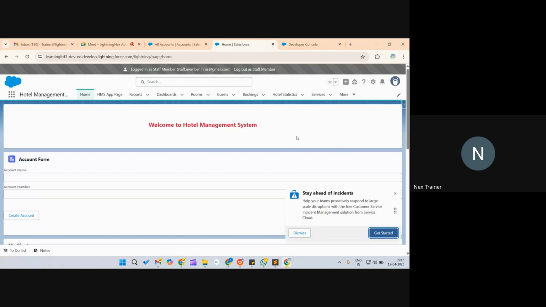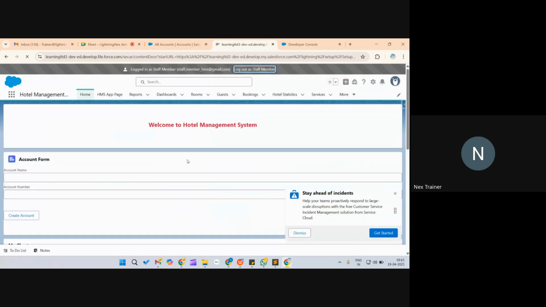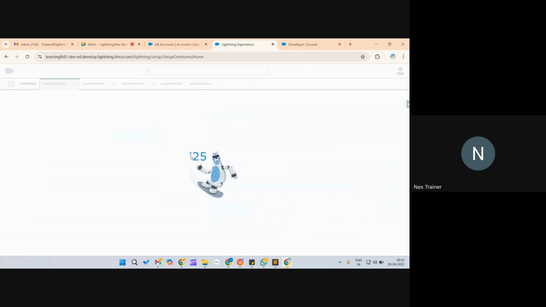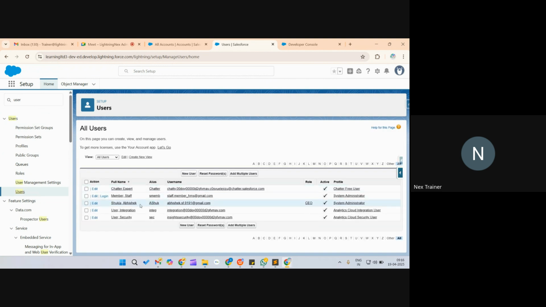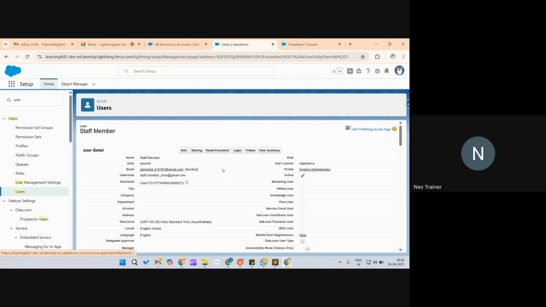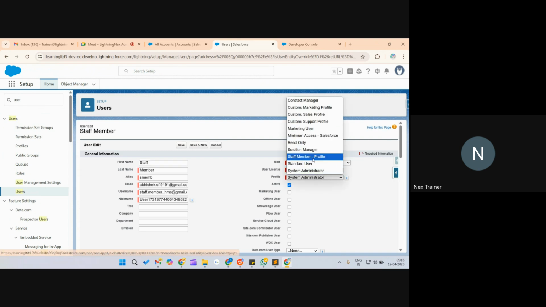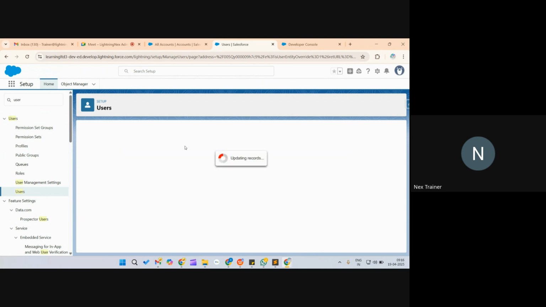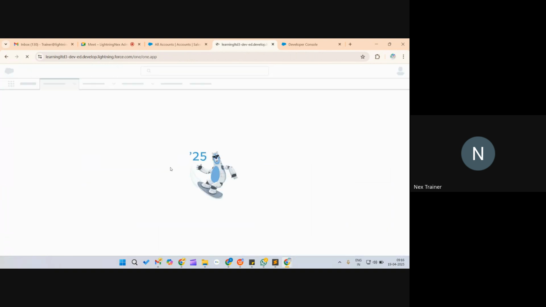Right now it has the admin profile also, that's why you are seeing the same, but let's change it and see how the user sees the org. So that's how admins verify that this permission is not with this user, and how the org looks, whether it is okay according to the permissions I provided or something else. So if I go to the staff member and change the profile, the staff member profile was there initially, later we changed it. Now if we log in as this user and want to see the org,